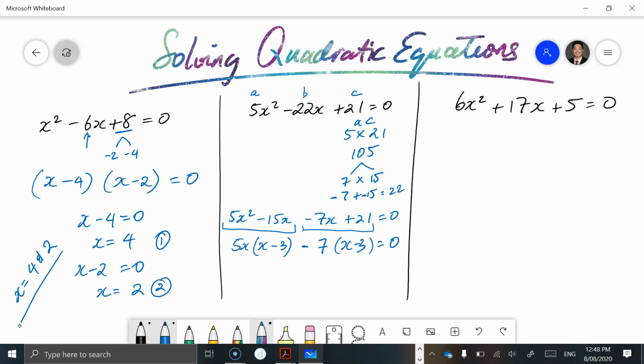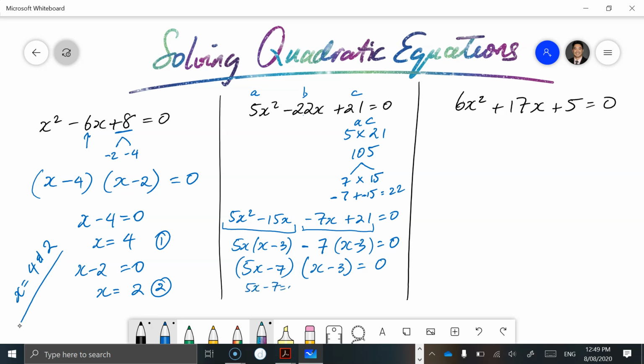So now we've got these two terms, 5x outside of x minus 3 and -7 outside of x minus 3. What we can do is simply put 5x minus 7 on one side, and x minus 3 on the other side. So we've factorized through a non-monic approach, and we have our 2 brackets here. Go straight to the null factor law, and we can say that